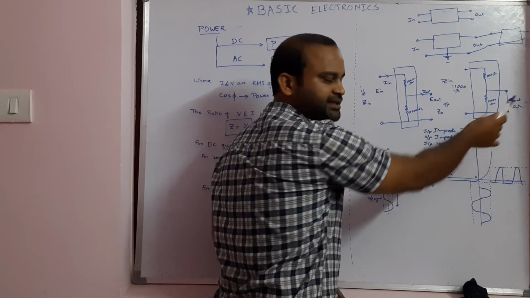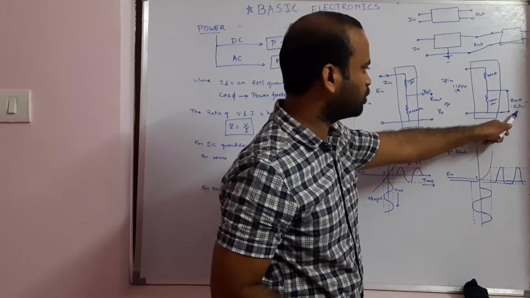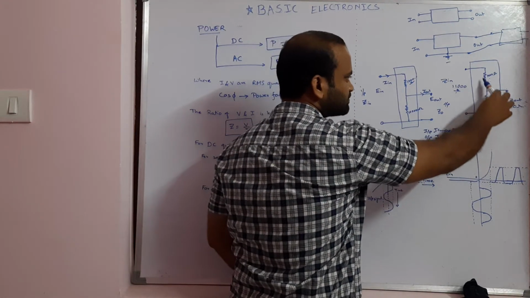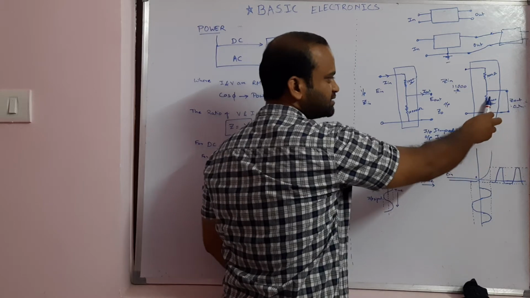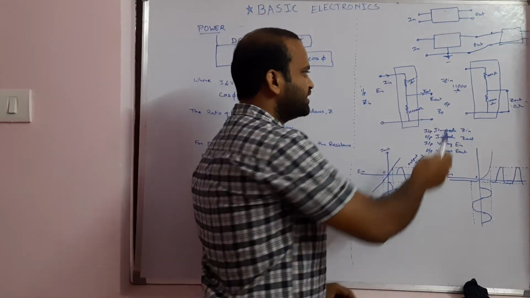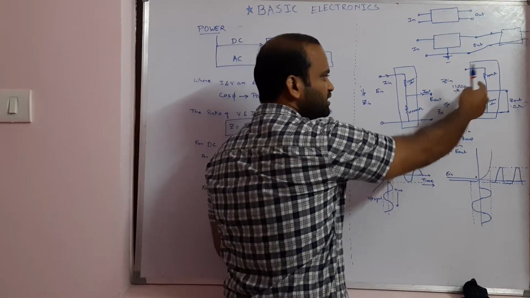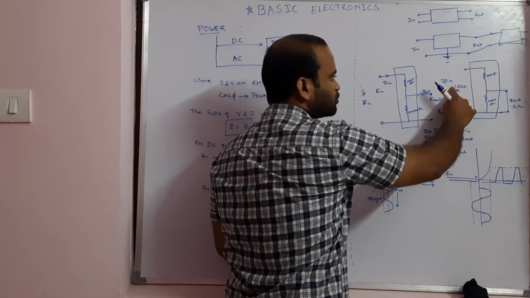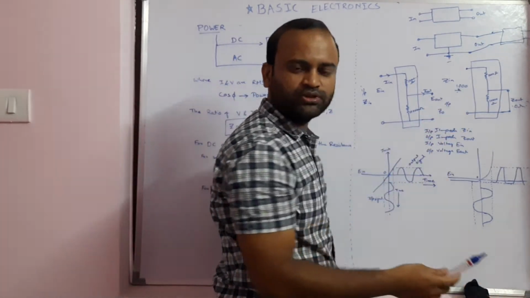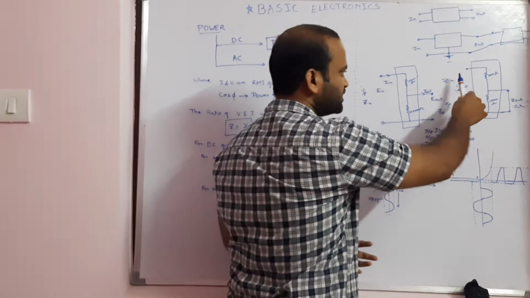That's the reason the output impedance becomes 0 ohms. Now since this is 0 ohms and this 10,000 ohms is bypassed, our input impedance also is changed to only 1000 ohms. Right? So the impedance across the input also is changed